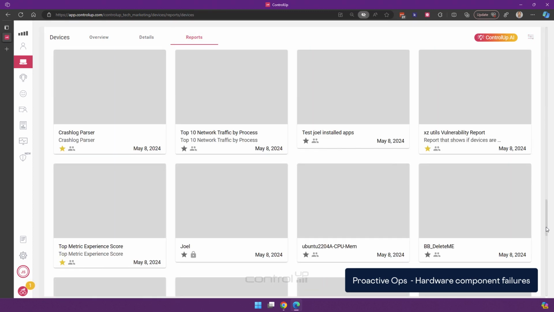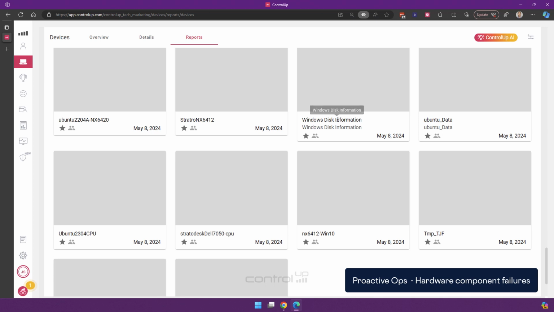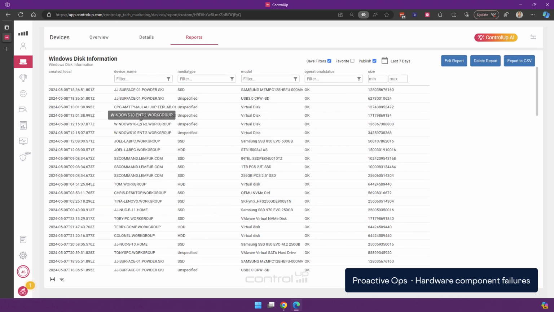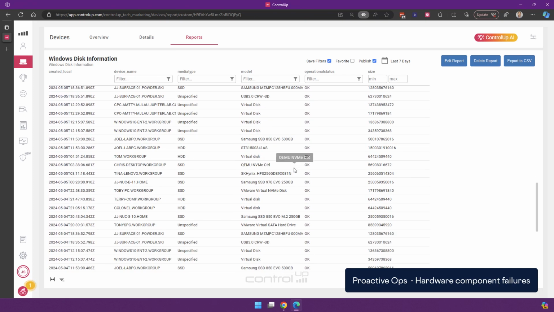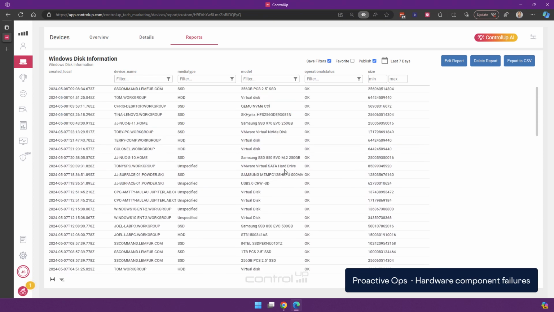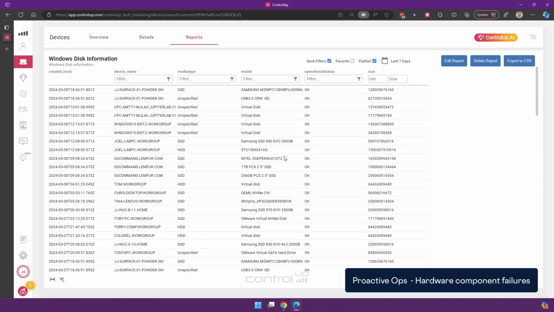So let's just go to our custom report, and here we have Windows disk information. And as you can see, for all the devices in this, or at least all the Windows devices in this environment, it retrieved various pieces of information, including the model and the status, which is of course very useful to understand. If a disk stops reporting a healthy state, then it might be time to contact the vendor. You can get additional information like serial numbers or map this with an asset management tool. But this obviously can be run and alerted on a daily basis to see if there are any hardware issues that might need to be addressed proactively.